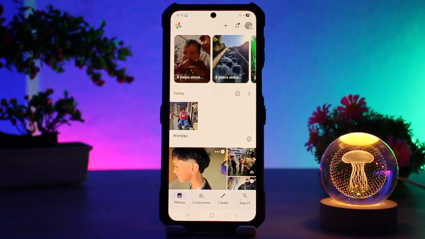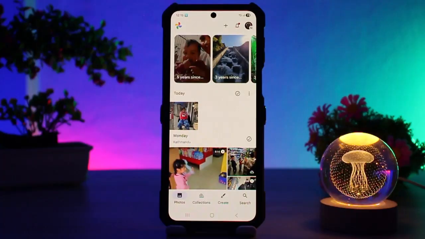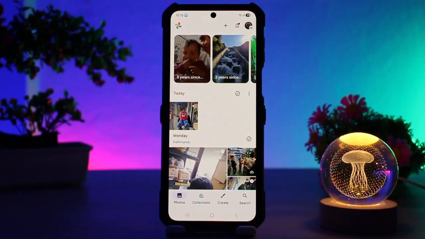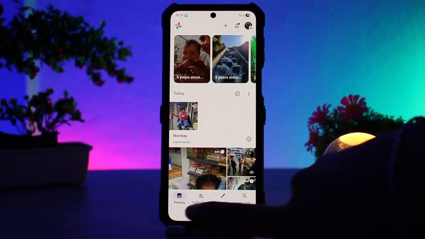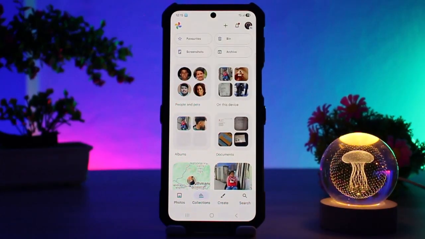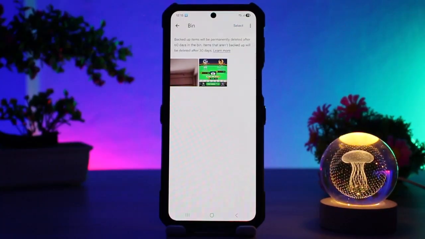So open the Google Photos app and here you will see the various options on the bottom taskbar as well as at the upper taskbar. So you'll see the option of photos, collection, create and search. So click on the second option, which is collection, and here you will see the option of favorites, bin, screenshot and archive. So click on the option of bin, which is the second option, and from here you just need